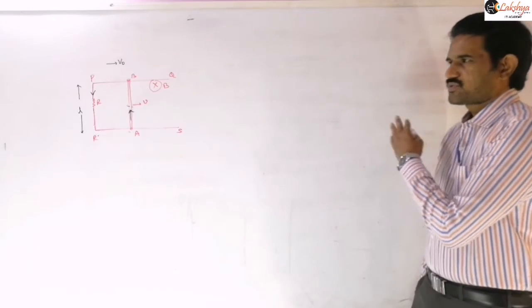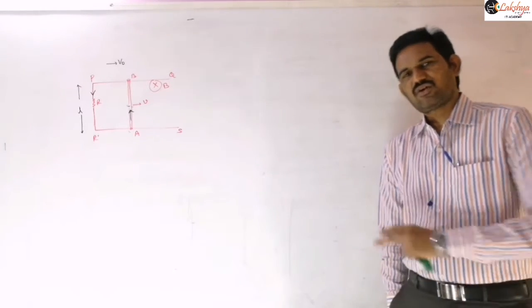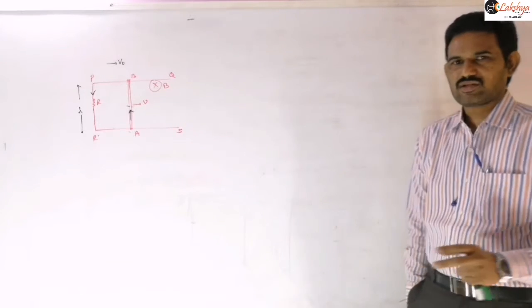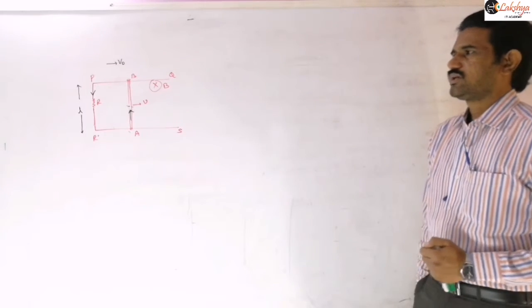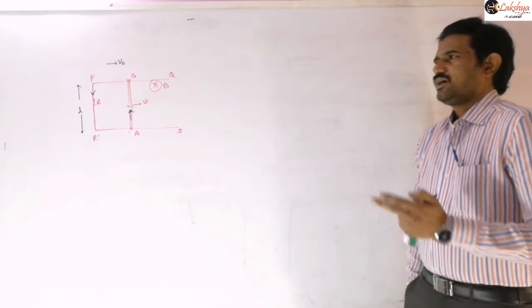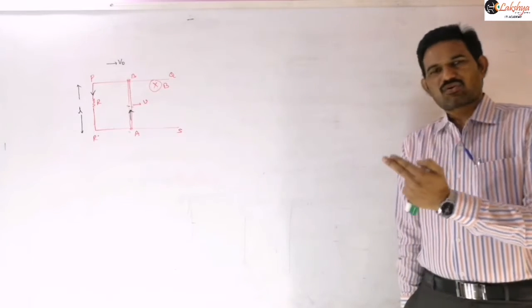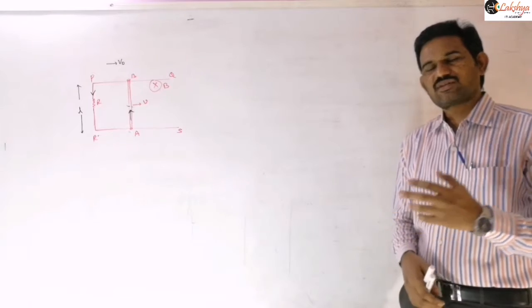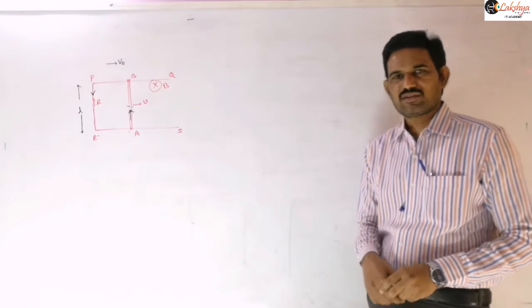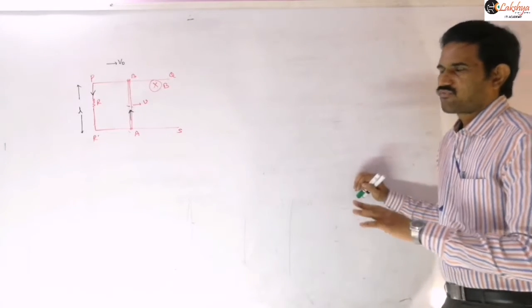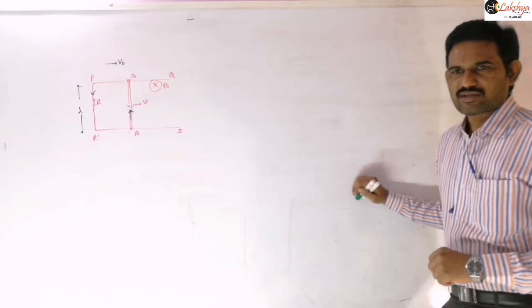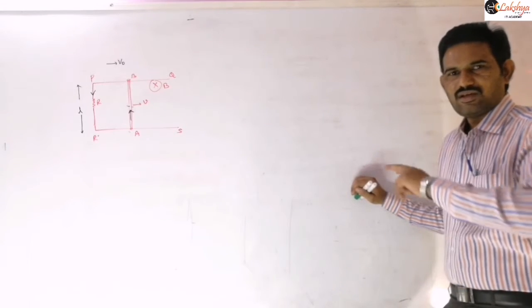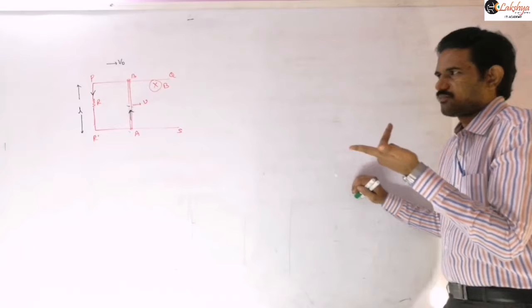So the rod is projected with the initial velocity V0. Now there is no force acting on this rod. When no force is acting, the rod starts moving, and so induced EMF will be there, and as it is a closed circuit, induced current will be produced in that circuit. Whenever current is flowing through the rod, magnetic force will also arise. That magnetic force will be opposite to the direction of velocity.